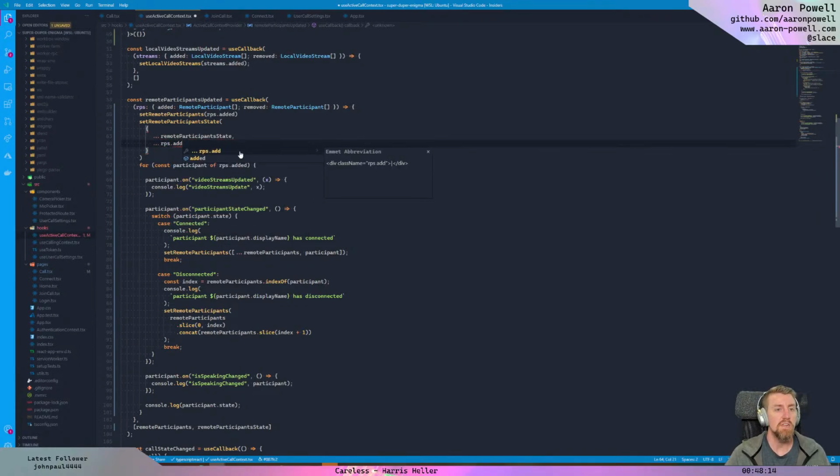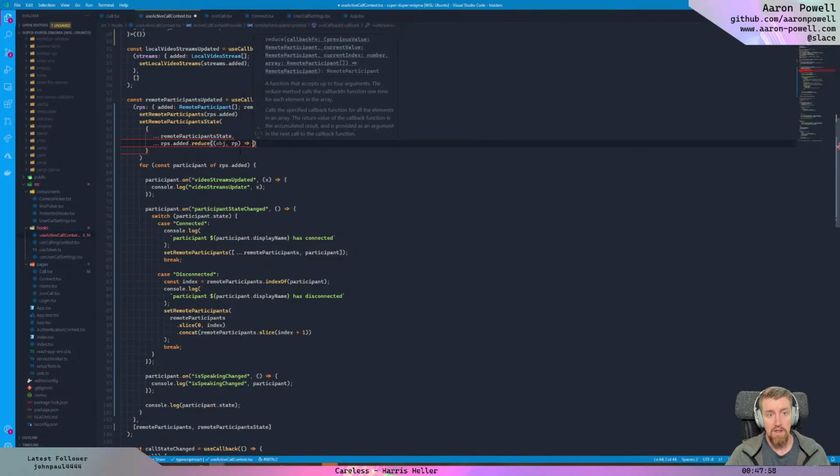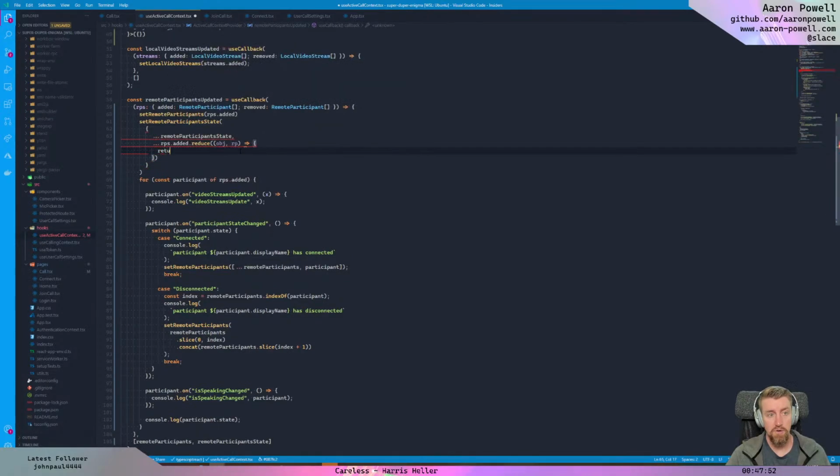So we're going to do the added on here. That's an array which we can map over. No, we will reduce over, and this will take an object and then the remote participant, and then this is going to return